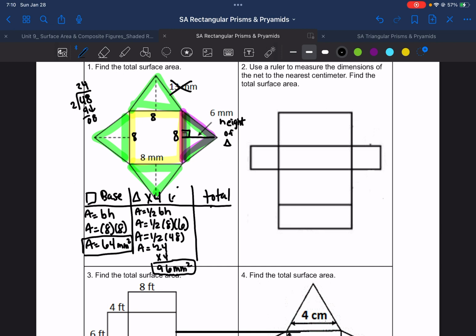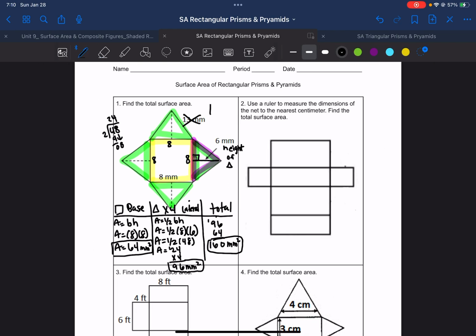Now remember, this is lateral, okay? Now, we're taking the lateral and the bases and we're adding them together. So 96 plus 64, 10, and then 60. So we would have 160 millimeters squared. Okay. All right. So we're done with that question, okay? The final answer is going to be 160